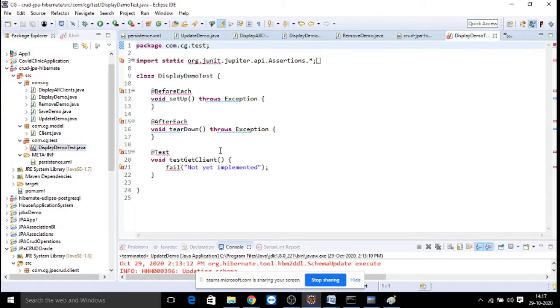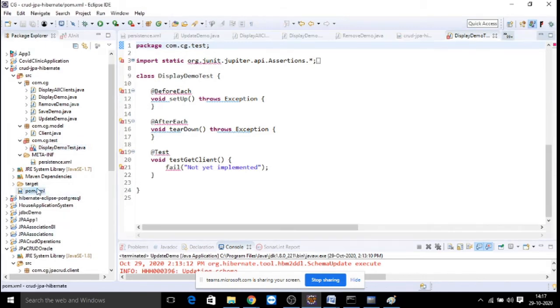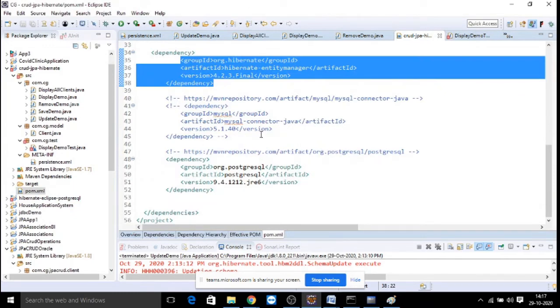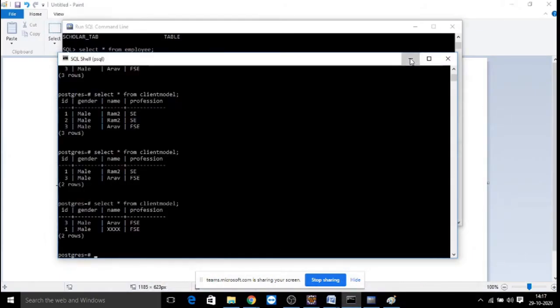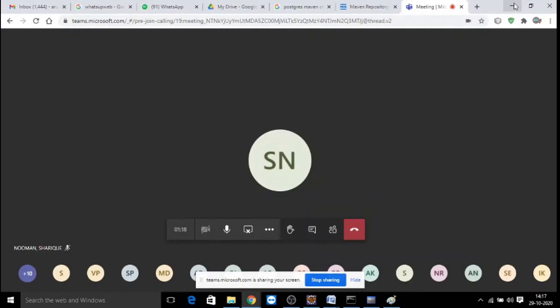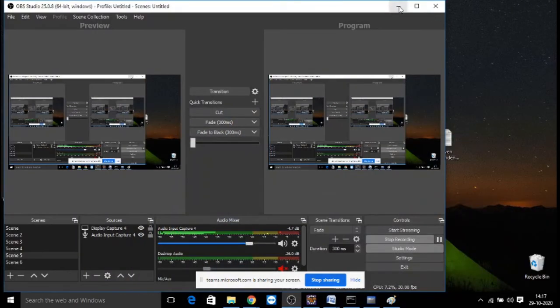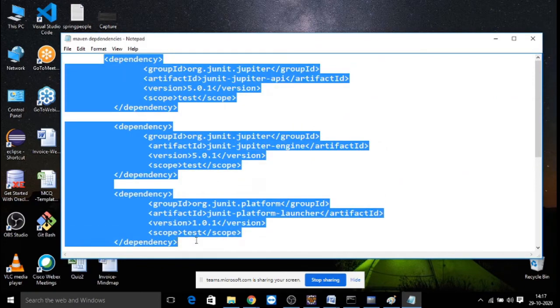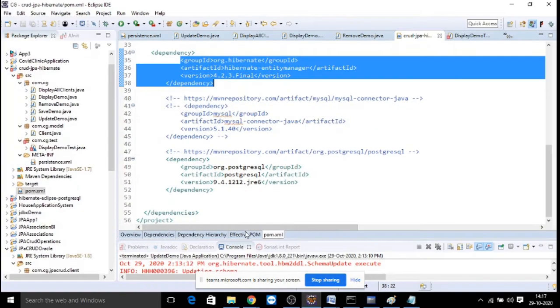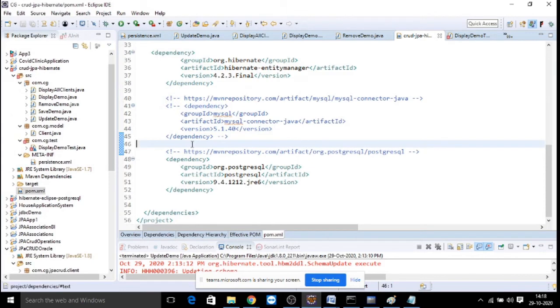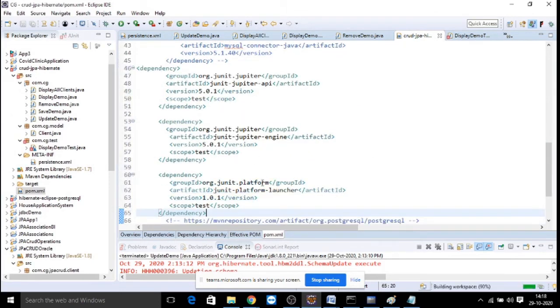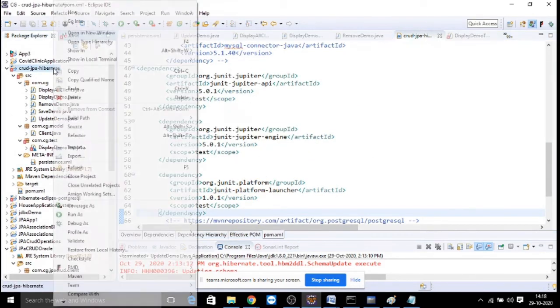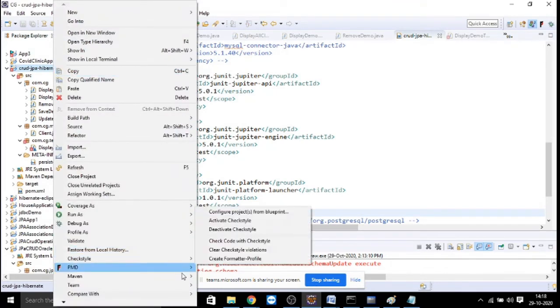In this test case, I need to add my dependencies, otherwise I'll get errors. So let me go to my dependencies and add them. All the JUnit 5 dependencies I am adding. Save it and update.